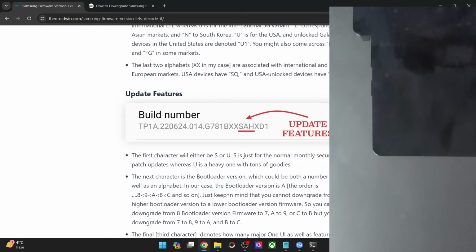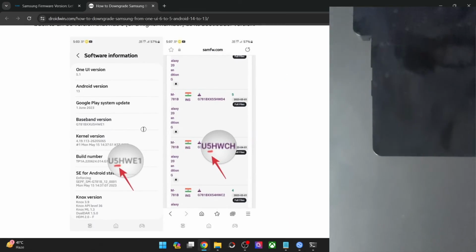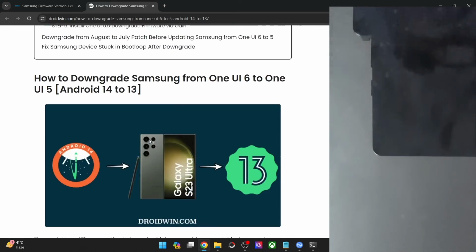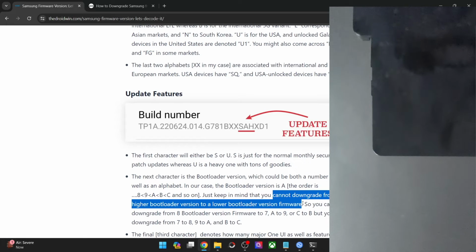Since we cannot do a downgrade from a higher bootloader version to a lower bootloader version, you cannot do a downgrade from B to A or C to B or A to 9, but you can do a downgrade from 9 to A or A to B or B to C. I have made a separate guide and a video on the same. You could refer to my guide and the video and get this job done as well. I have explained everything in depth regarding how you could do a downgrade and what exactly are the rules. In short, this is the only rule that you have to keep in mind, that you cannot do a downgrade from a higher version to a lower version. So you cannot do a downgrade from A to 9 or 9 to 8 or B to A, but you can do a downgrade from 9 to A to B and B to C, that is from lower to higher, that is possible.